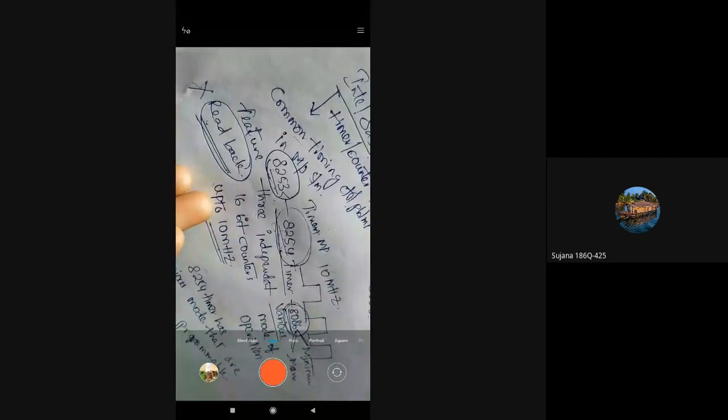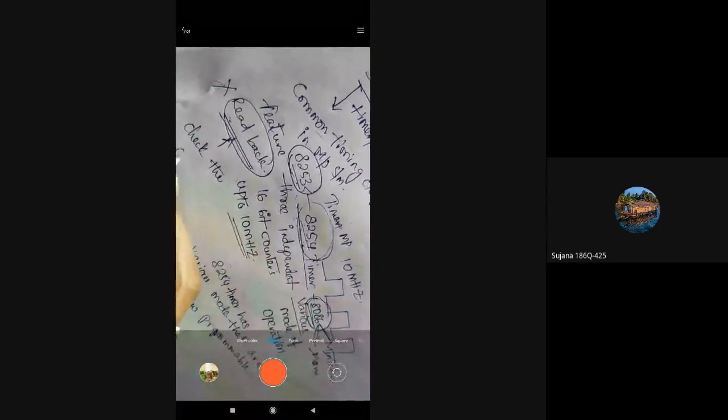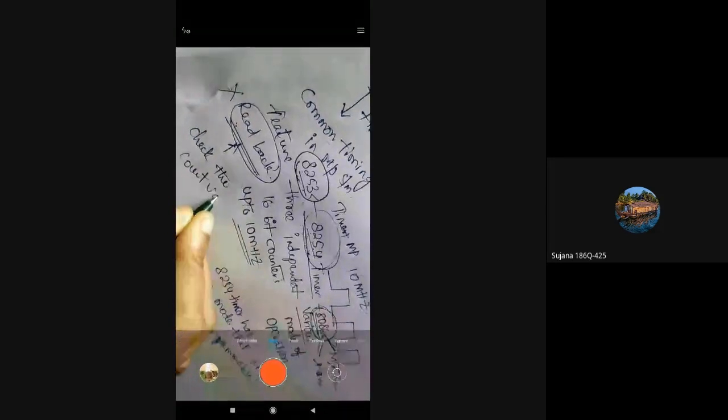The name itself indicates that this read back command is used to check the count value. So if the timer counts 4 clocks at the end of a program, if we are doing a particular task using this 8086, at the end of this task the timer counts 4 clocks.